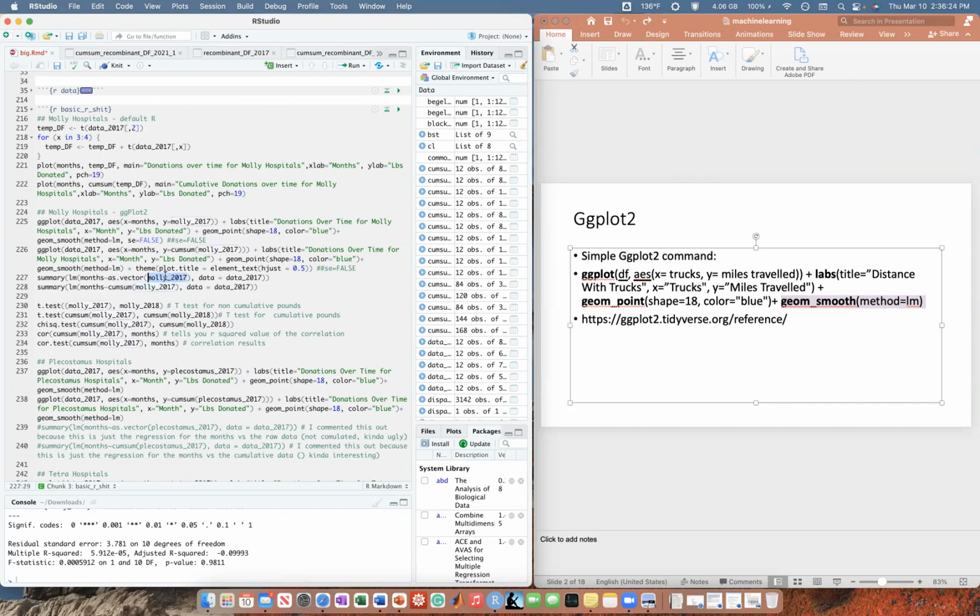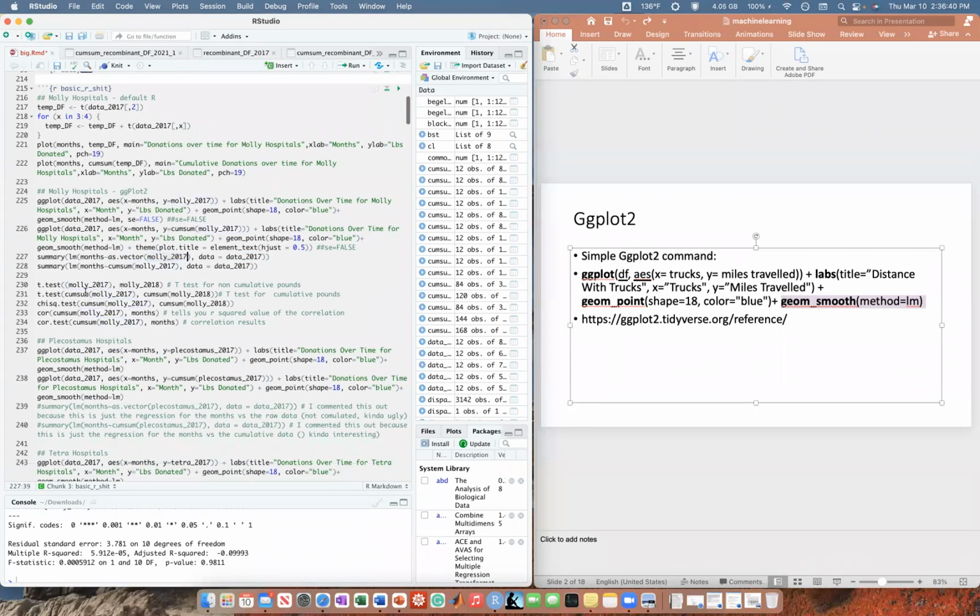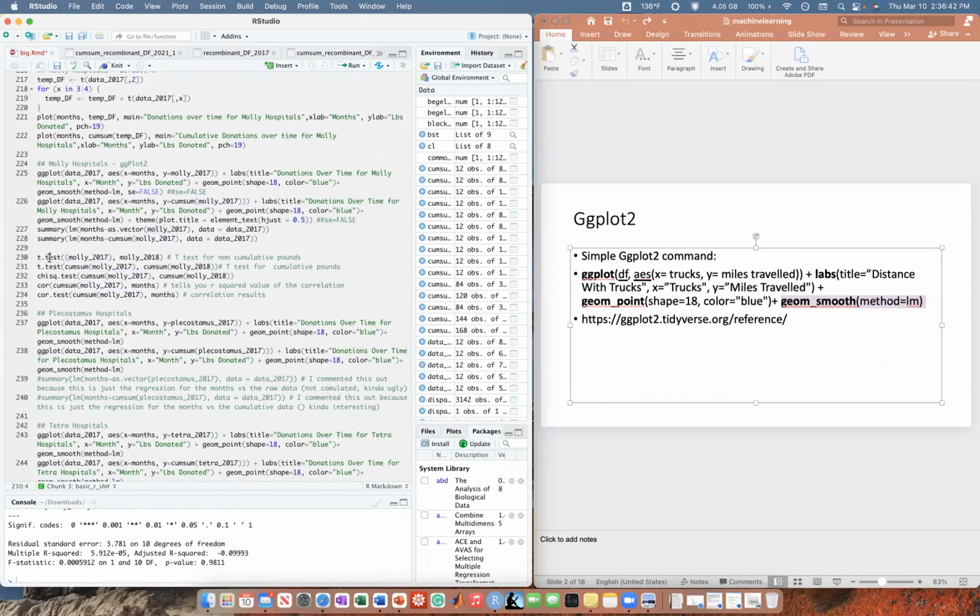So all you would have to do to edit my code, if you want to do this as the most basic thing in the world, is just copy my commands and change the data frames. So data, probably shouldn't change this one just because this is saying, hey, I want you to look in this big data set for this tiny data set. Anyways, so this is a t-test. You guys know what t-tests are. Show the little t-test down there.